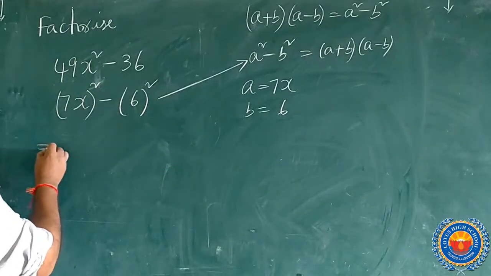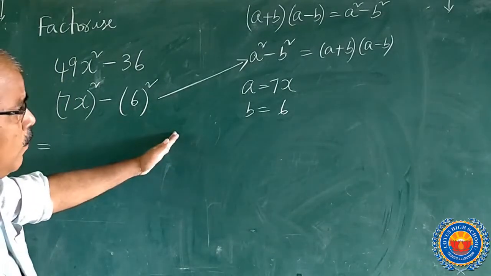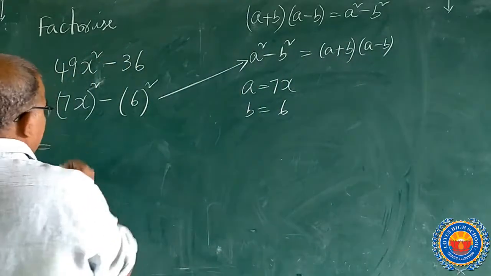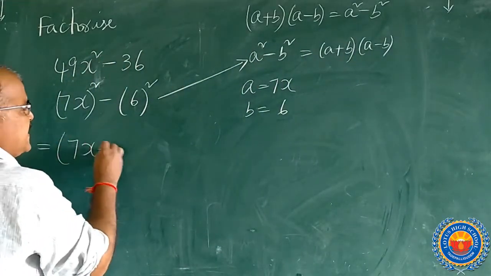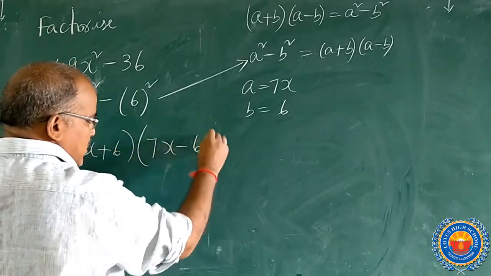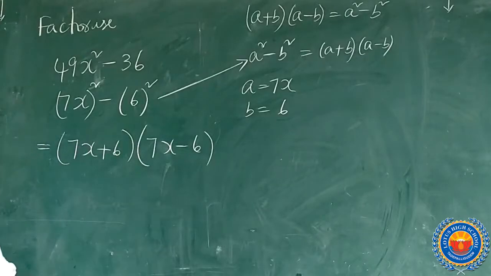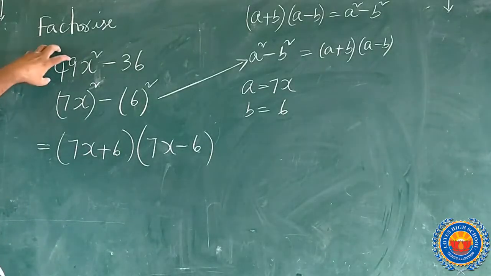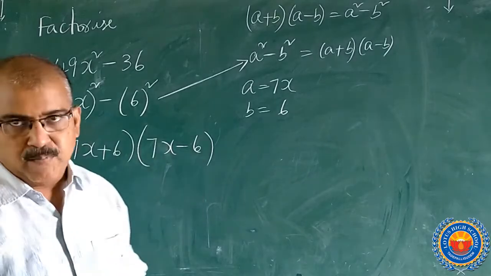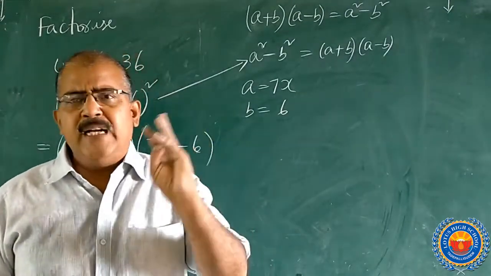A square minus b square is a plus b into a minus b, or a minus b into a plus b. So I can write 7x plus 6 into 7x minus 6. Just now completed it. 49x square minus 36 is nothing but (7x plus 6) into (7x minus 6). So we completed